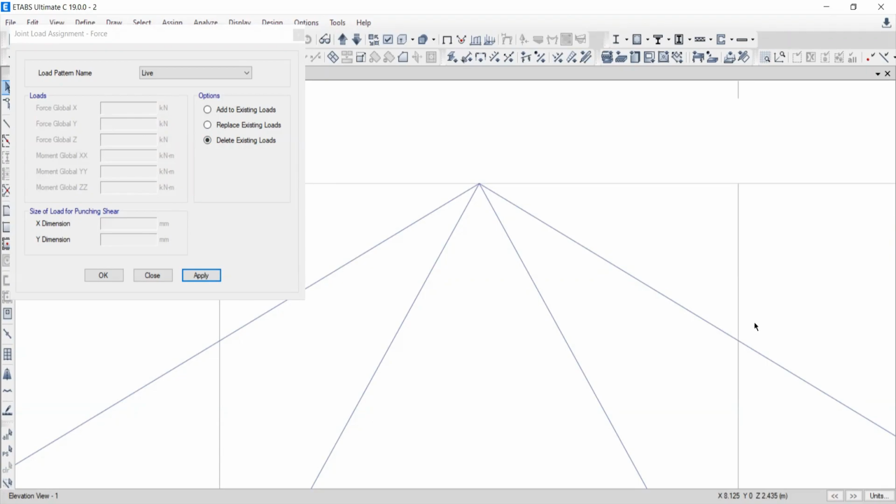Yes, yes sir. Okay. So by default software will give you always replace existing load option. Check this option. Now drag it from left to right. मैंने selection का भी rule आपको कल